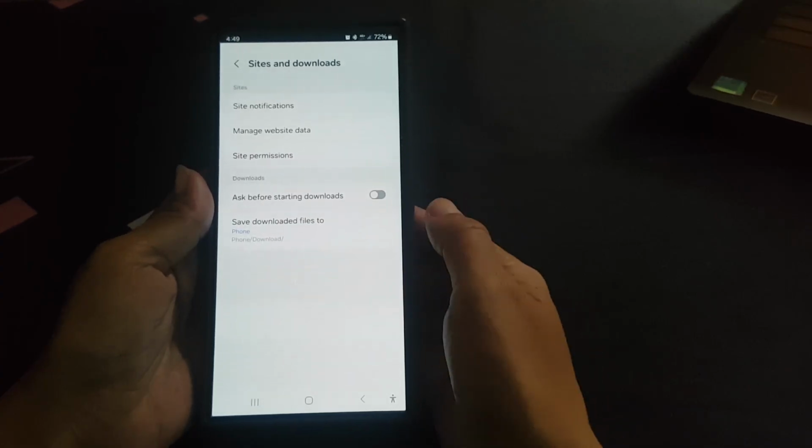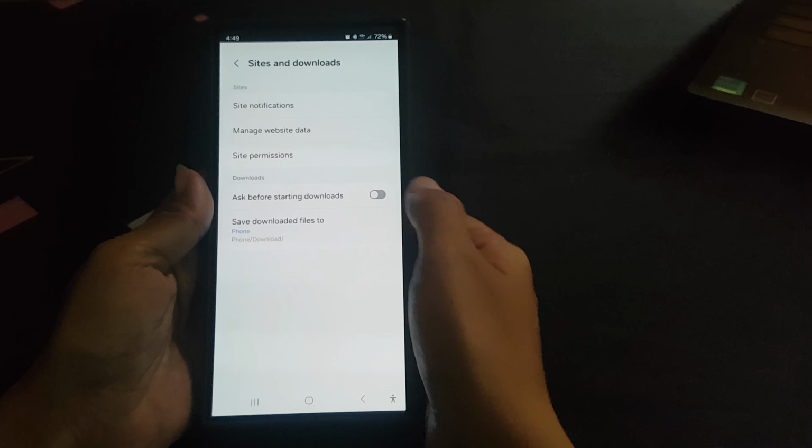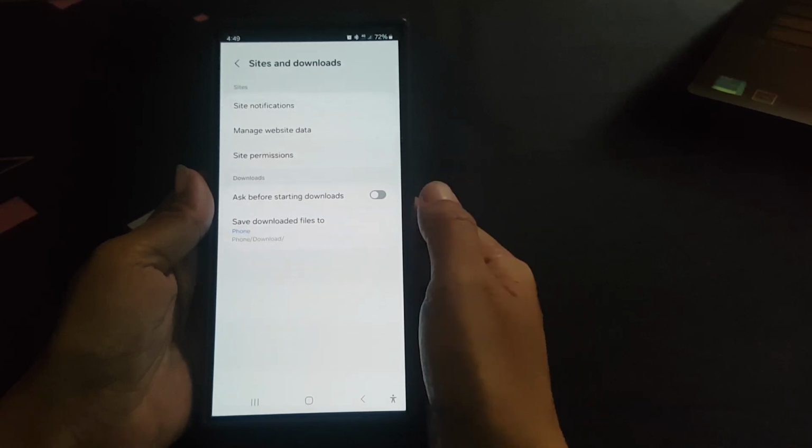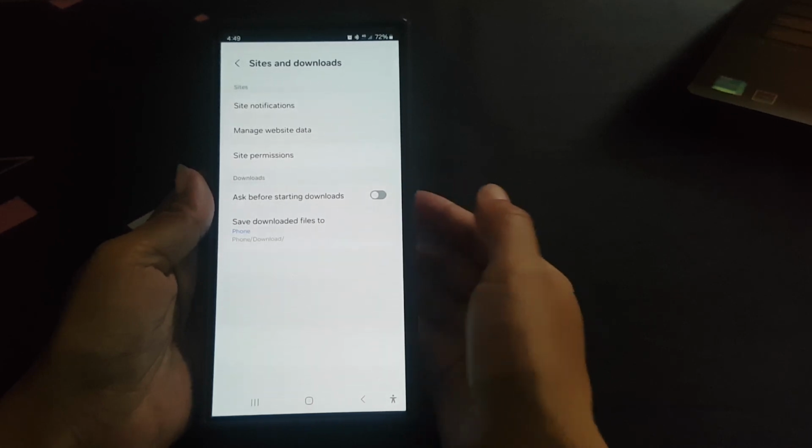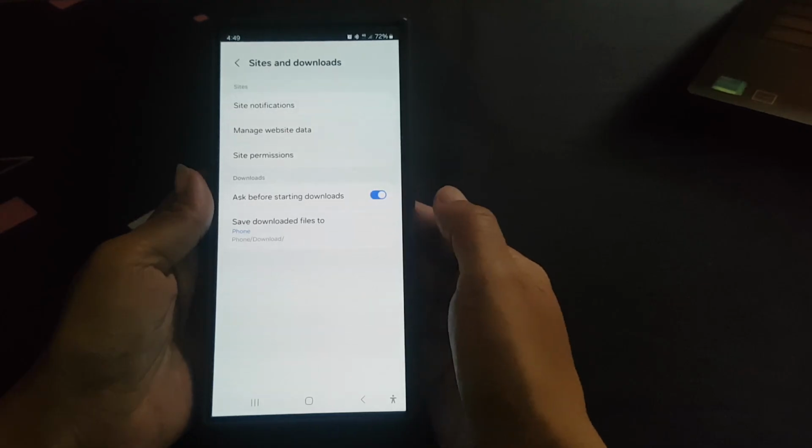Under the Downloads section, tap the gray Off switch next to Ask before starting download until the switch turns blue to turn it on. To see the result, tap the back key twice